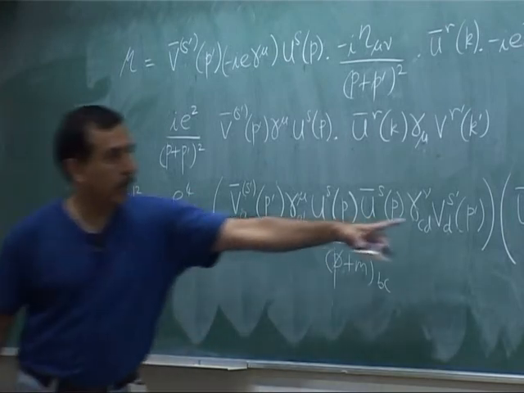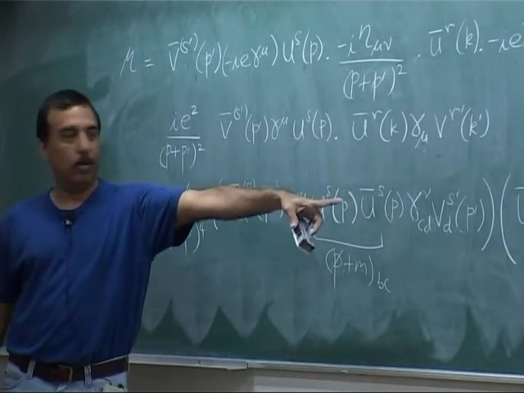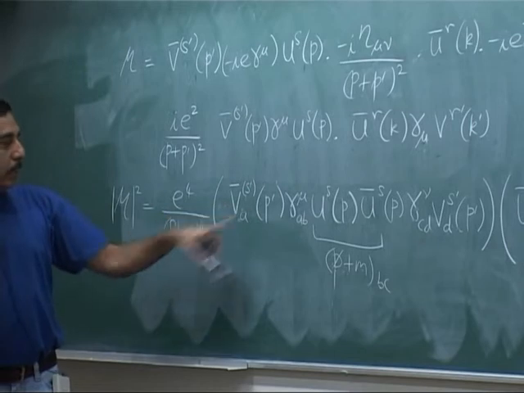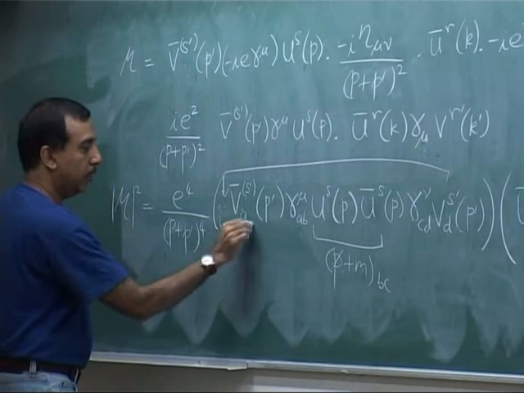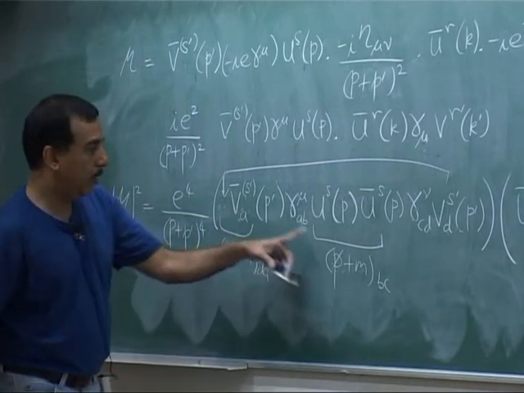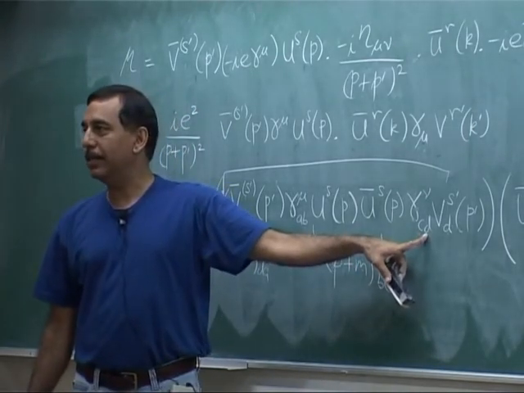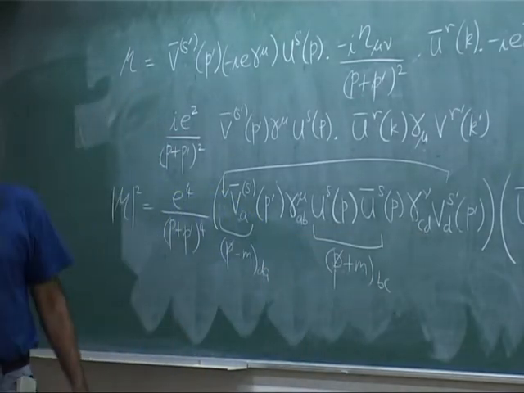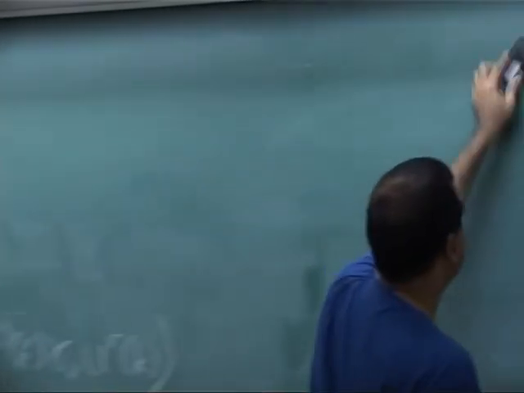Yes, I can take this V, I can write this over here. After all, I wrote it there only to show me how the indices are contracted. If I write it here, then I get P slash minus M, so I move this over here and replace these two by P slash minus M. So DA, AB, BC, CD. So what kind of product of the matrix is it? It's a trace. At the end it's a trace. So this trick of averaging and summing over polarizations reduces the entire calculation to traces, and what we actually get is,